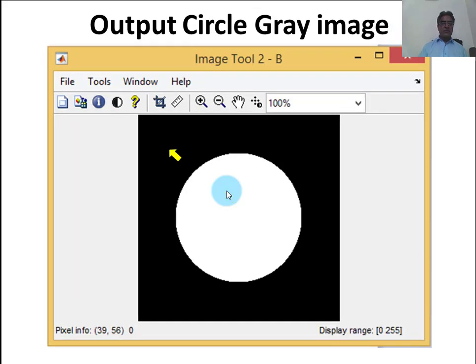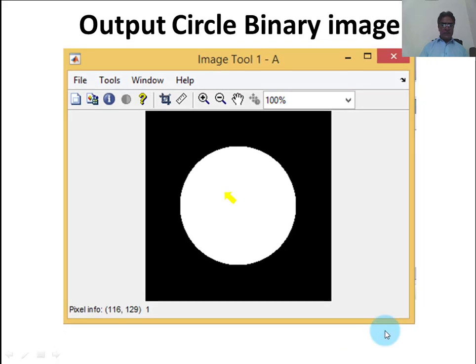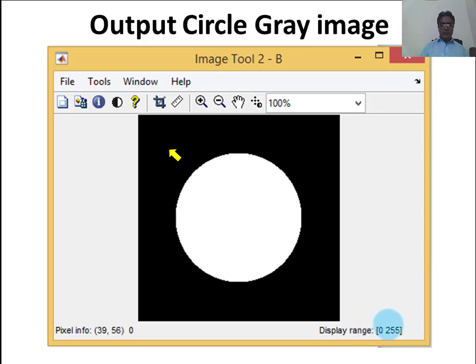In case of a grayscale image, our B image was the grayscale image, whose color range is from 0 to 255. Here the black portion shows that the pixel value is 0. In a grayscale image the black shade has gray shade value equal to 0.